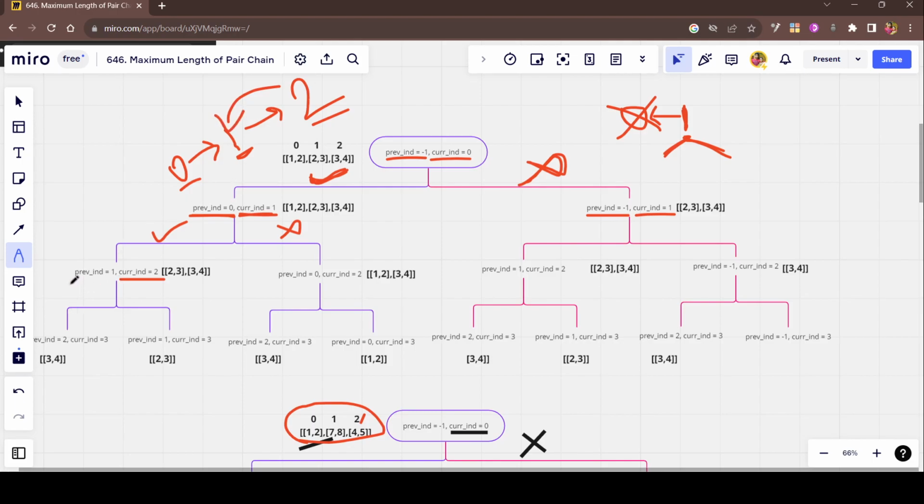So you have taken 1. That's why our previous index is 1. You have to check with 1. If you follow 2, then I can make the chain. If you don't follow 2, I am unable to make the chain. Got it? Now, if you leave 1,